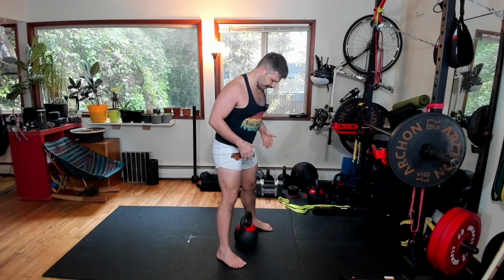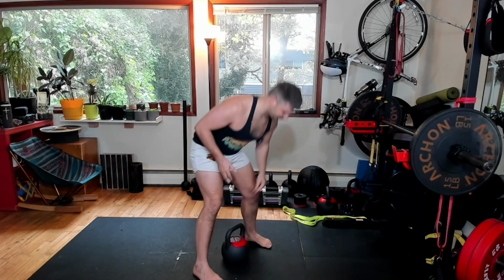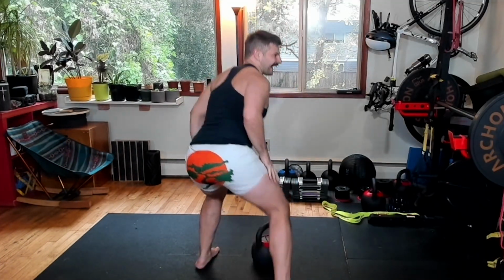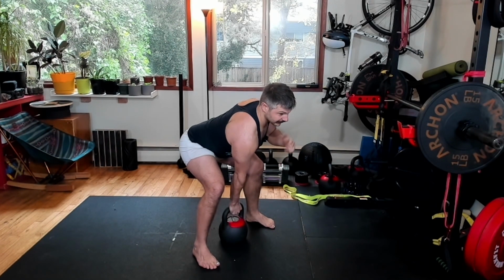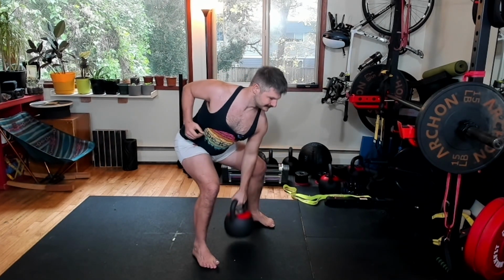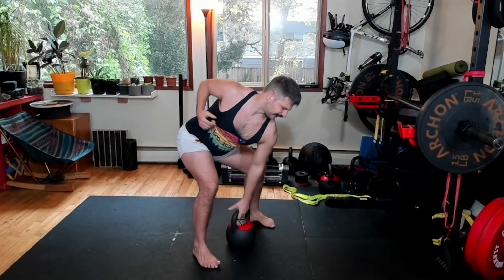So I stand with the bell directly between my legs, lined up basically with my shins. I hinge back, making sure that my shins stay in the same position, that my butt is out. And then I'm doing my gorilla rows, rotating slightly, pulling up, down, grabbing, up, down, grabbing. I wanna make sure that I'm maintaining a nice flat back here,